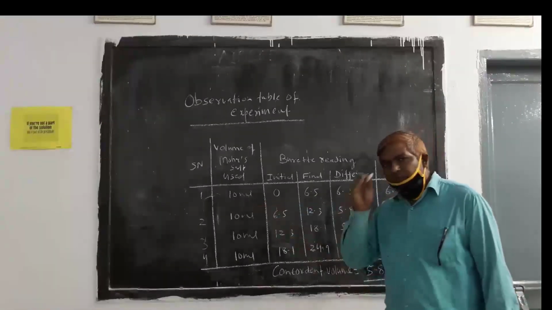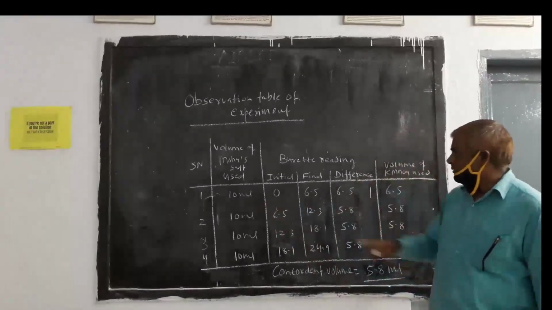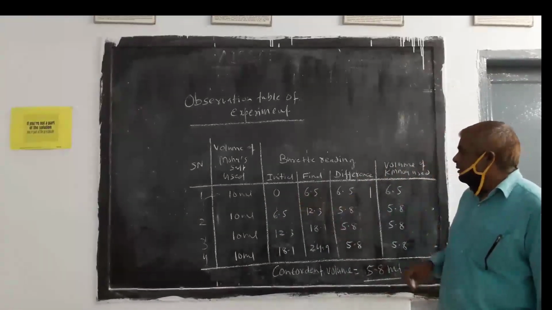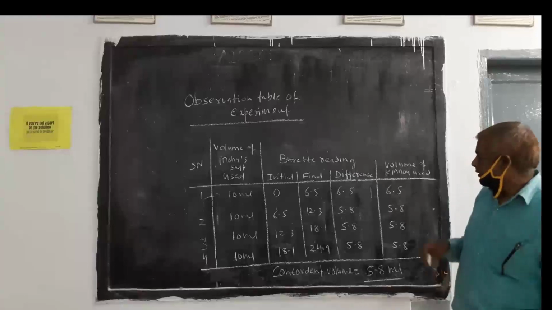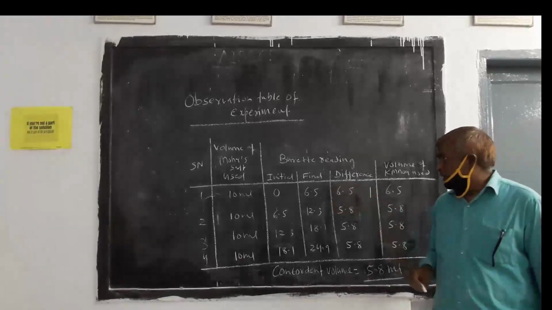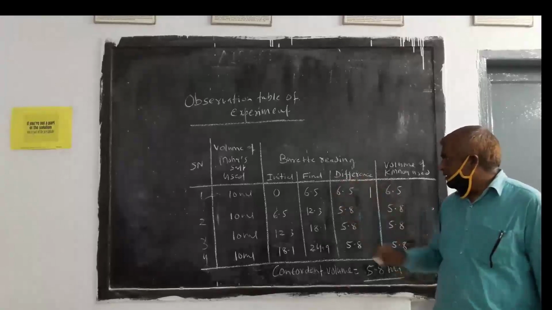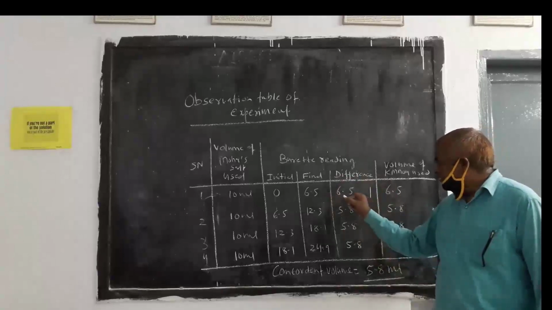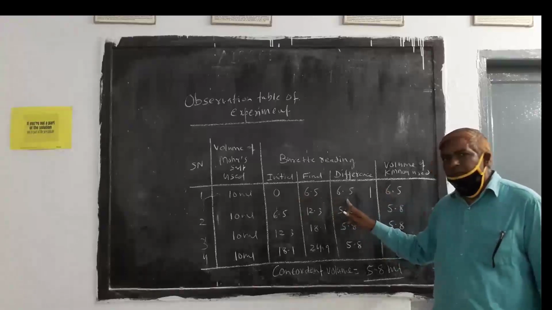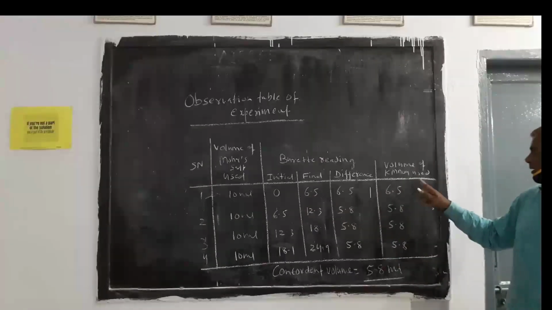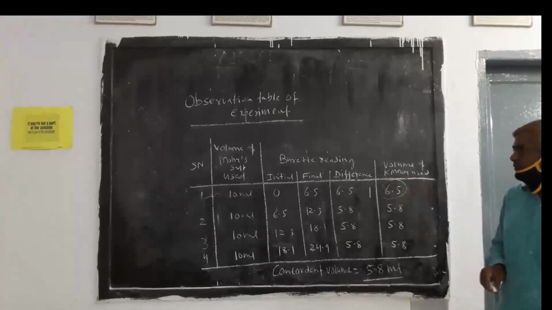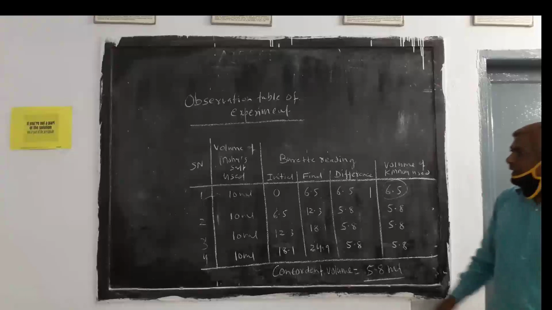Then I checked the initial reading, which was 0. Then we put KMnO4 solution drop by drop. Then final reading observed 6.5 and difference is 6.5 minus 0, 6.5. And volume of KMnO4 used, this much amount is used to oxidize 10 ml of Mohr's